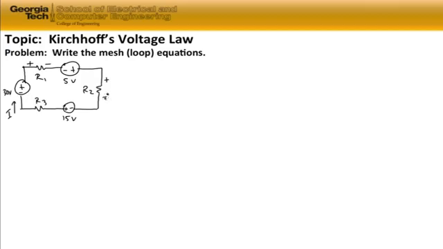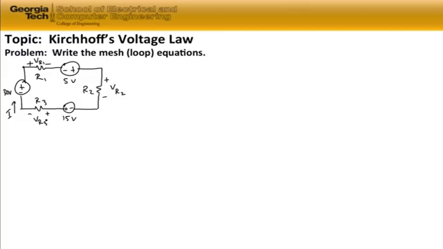So we have these voltage drops assigned these polarities across our resistors, where we have a VR2 for voltage across resistor 2, VR1 across resistor 1, and VR3 across resistor 3. Now that we've done that, we can now write our mesh, also known as loop equation, for this single loop